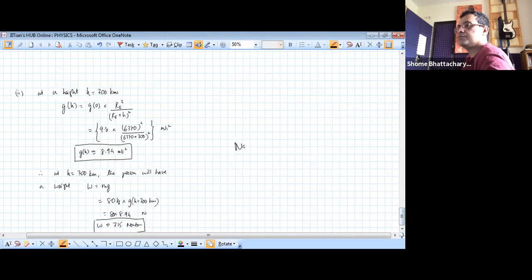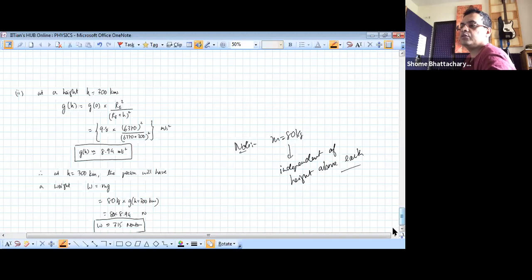So this is independent of height above the earth. If he goes to outer space also, where g is tending to 0 from the earth's surface,